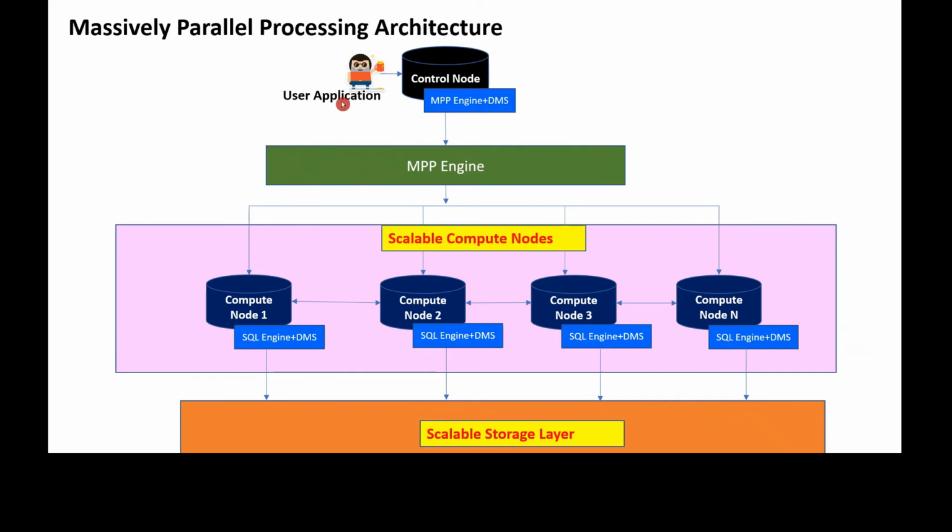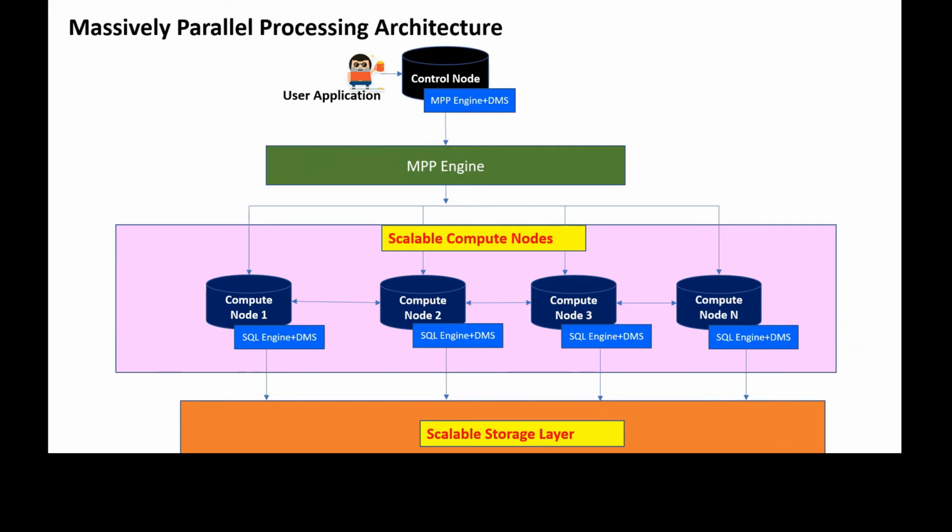It starts with the user application. The user application could be a stored procedure or one SQL query. It could be a simple select statement or a complex SQL query containing multiple join conditions. It could be anything. When the user submits the application into Azure Data Warehousing, the user application connects to the control node, the connecting point, using an ODBC or JDBC connection. Once the control node receives the application, it will start processing.